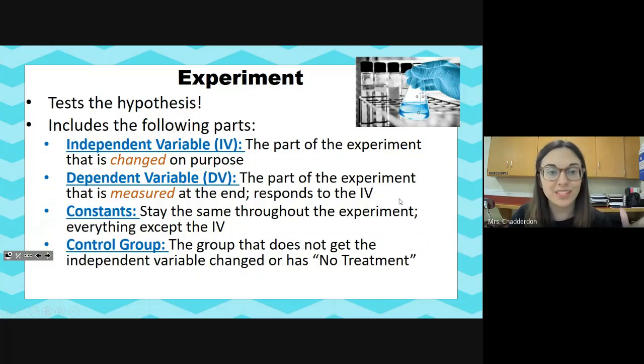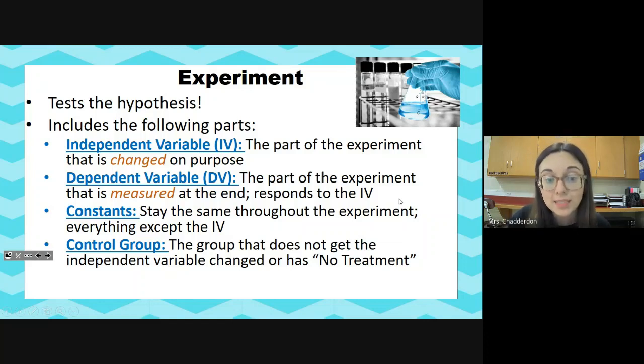Okay, now the experiment is going to test your hypothesis. It's important that you know these different parts of an experiment, okay? You're gonna see this throughout your science career in high school. These are important things to know, so you might as well get them down now. So the independent variable is the part of our experiment that we change on purpose. Okay, and we'll go over some examples of this. The dependent variable is the part of the experiment that we measure at the end. It's gonna give us some sort of data,